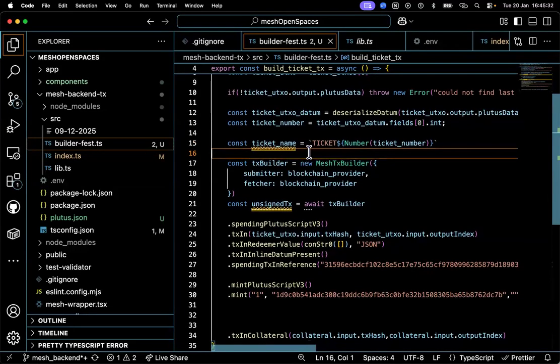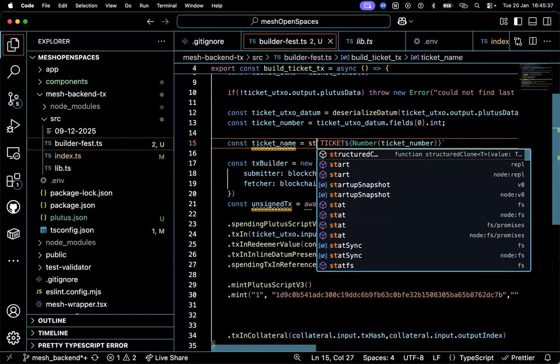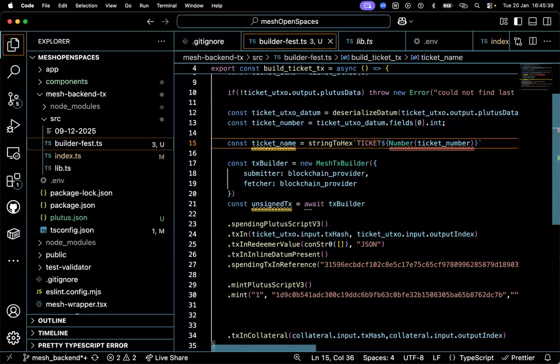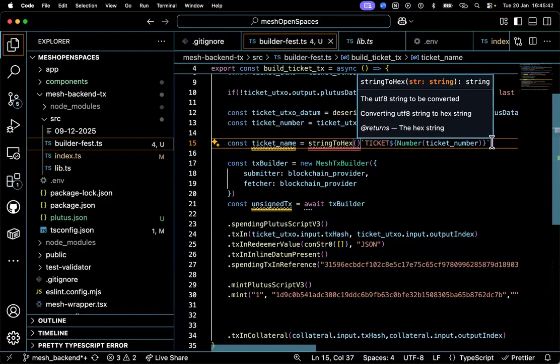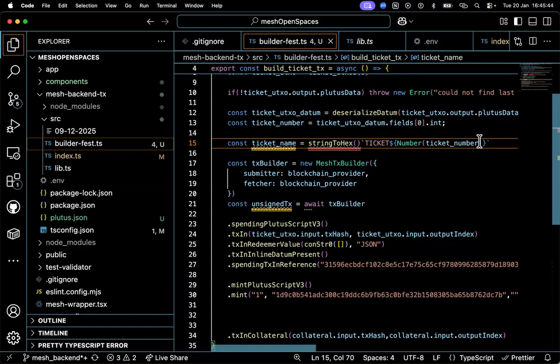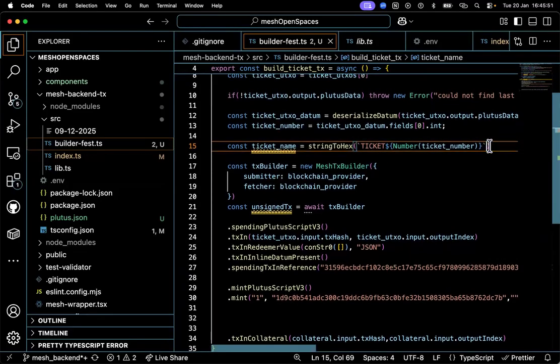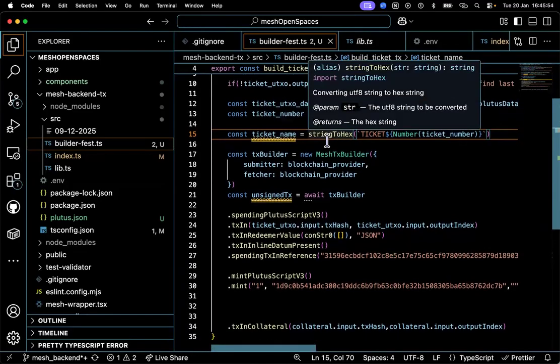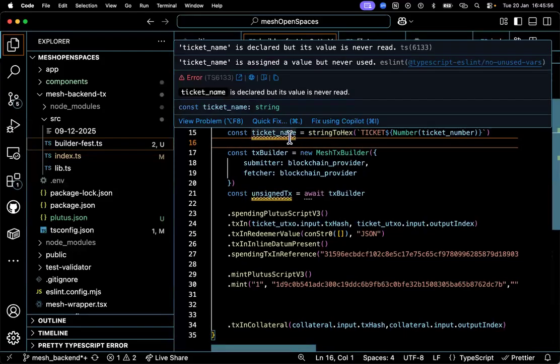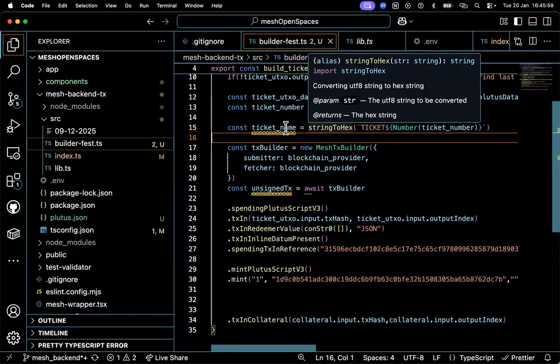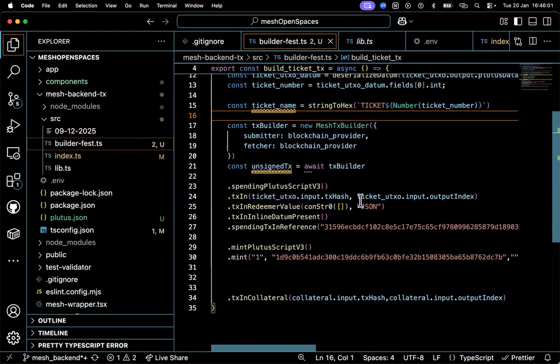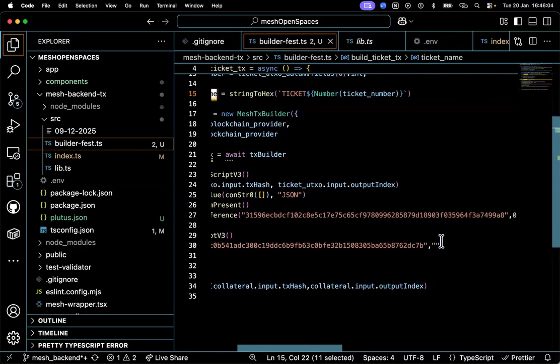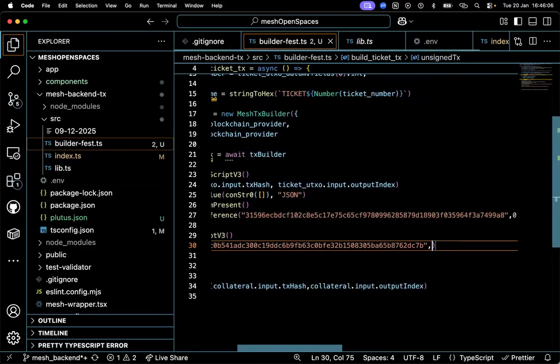So we are now going to, I don't want to make it too complex, but we can still wrap it up as a string to X. That is a necessary step anyway, correct? Yeah, I was trying to say, let's create a new variable to store the string to X value. So ticket name, we'll now be passing our ticket name in.